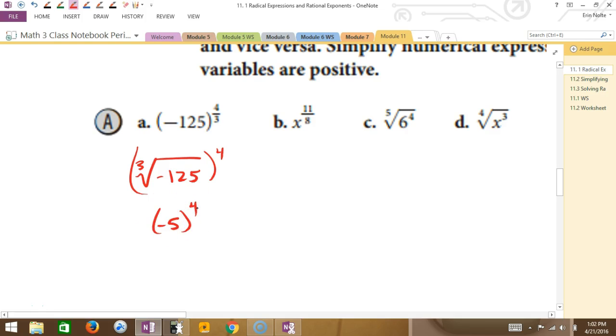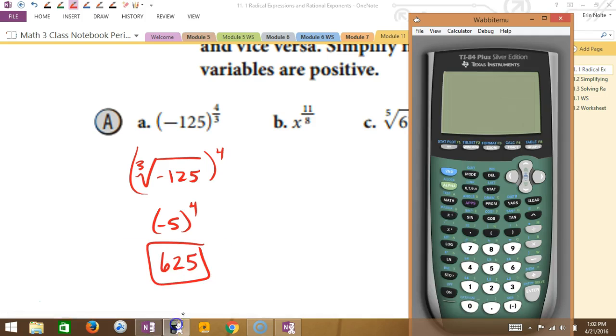Let's see if you can do this one. Anybody know what negative 5 to the fourth power is? Well, it'd be 25 times 25. I wouldn't expect you to be able to do this in your head. Some people know it off the top of their heads. To be honest, I wouldn't have known that, but I would recognize the number. So at that point, you can just type in negative 5. Now, how do you type that in the calculator? If you write negative 5, you need parentheses, right? Because if you just do plain old